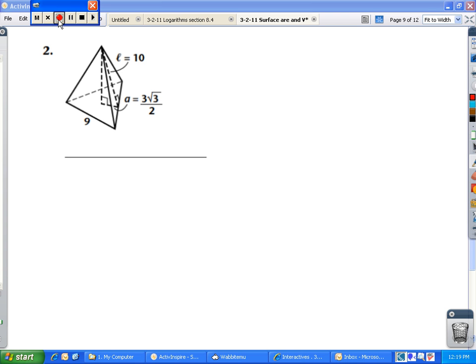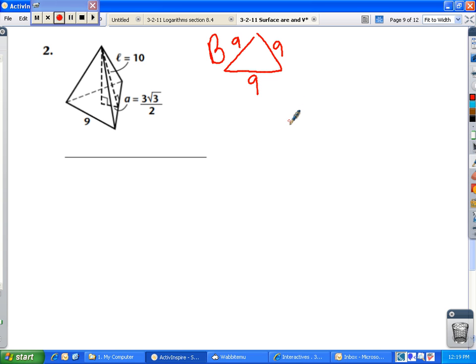Okay, so in number 2, we have a triangular pyramid. I know it's triangular because my base is a regular triangle, and a regular triangle is basically what kind of triangle? Equilateral. So that means I know that all of my bases are 9. So if this is the capital B base, this is 9, this is 9, and this is 9. Okay? So they give me what the base is, because they tell me it's a regular triangle, which is an